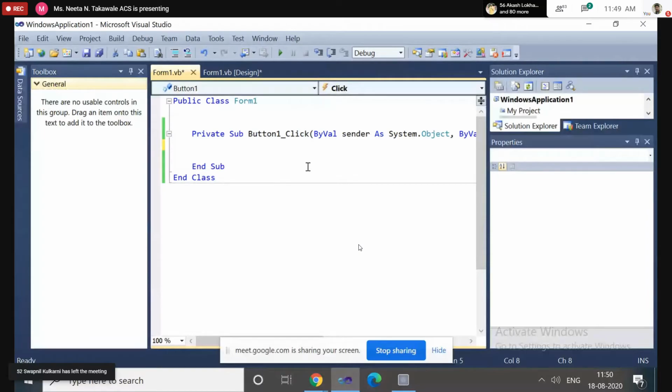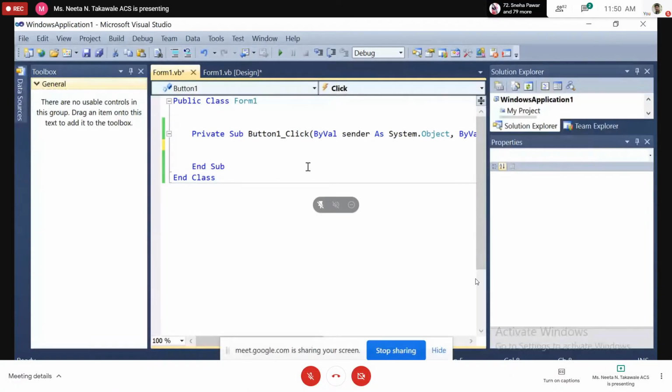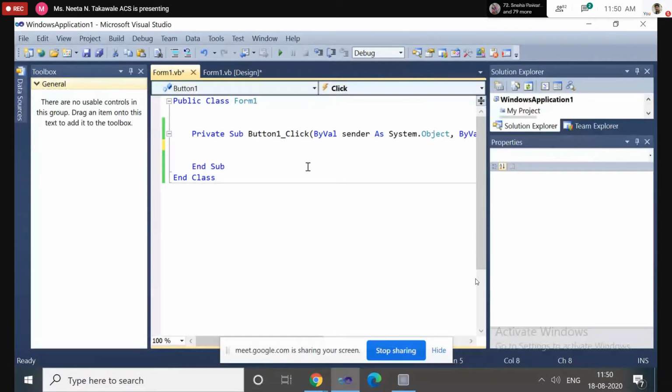So first we'll see how to add the message box using the MsgBox function. Here, select Dim and As Integer. Now I will write the message box.